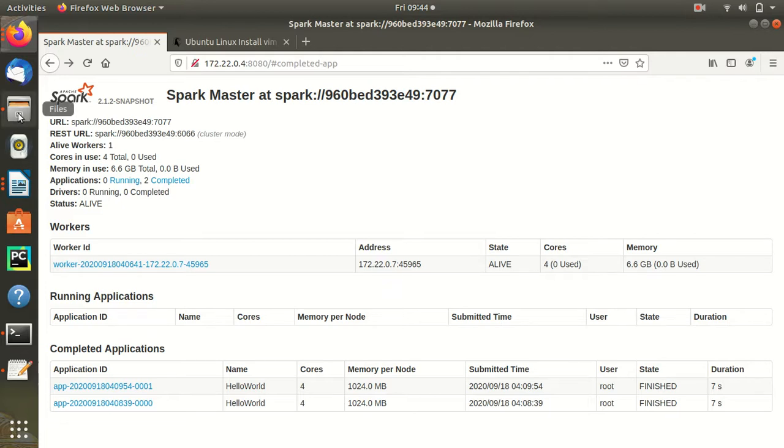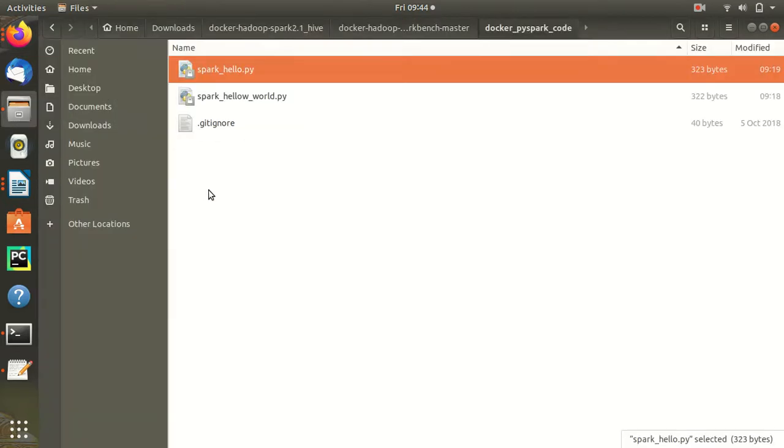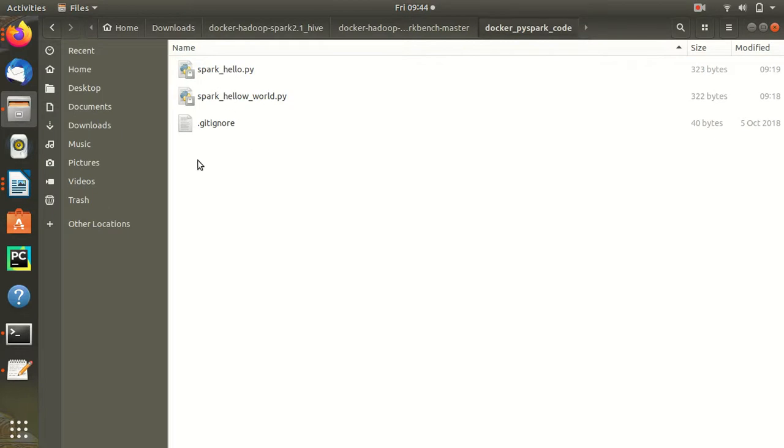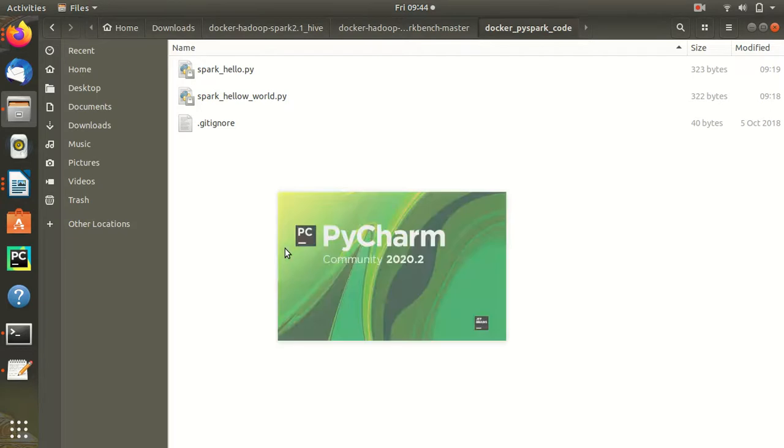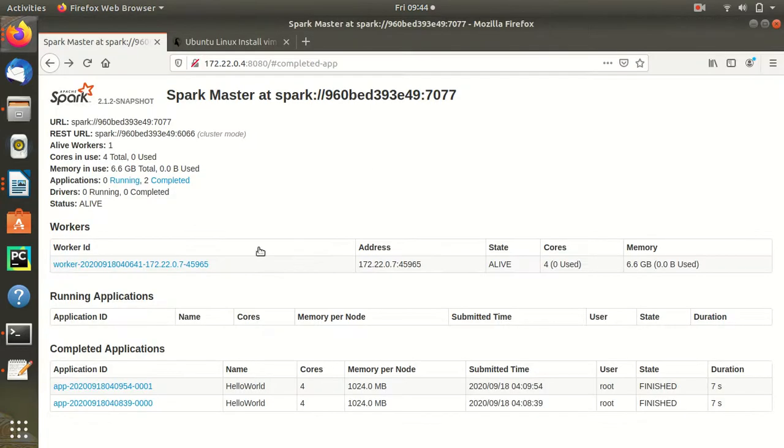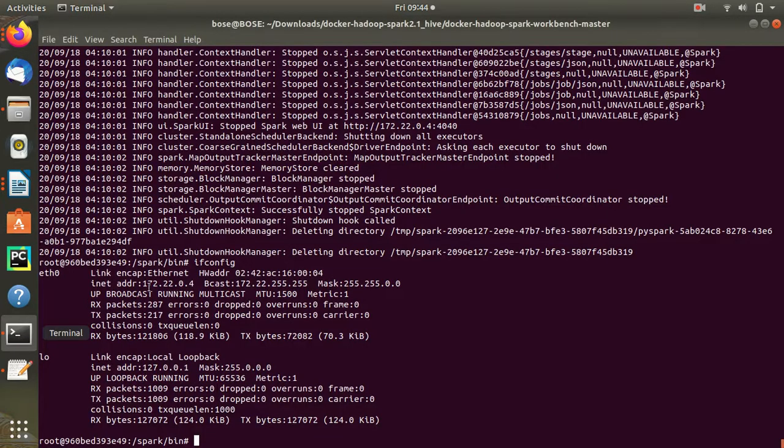Now, as I was telling, this is my local machine, and I have a hello world file. This can be opened with PyCharm. We'll see that in the next video, how we will open it in PyCharm, and we can just do the checking in the IDE, because writing in an IDE is easier. We'll do it in the IDE, and then we can go and execute like this. So it executes in an environment.